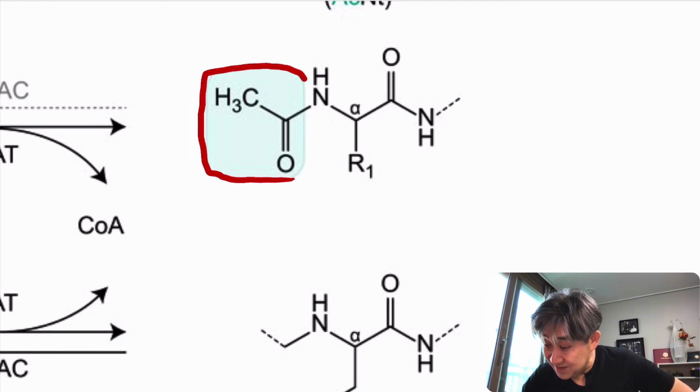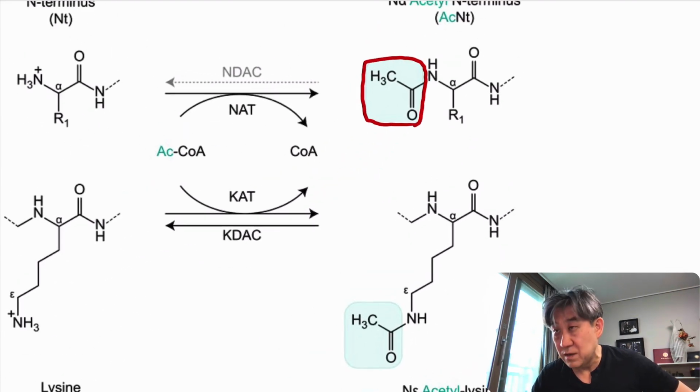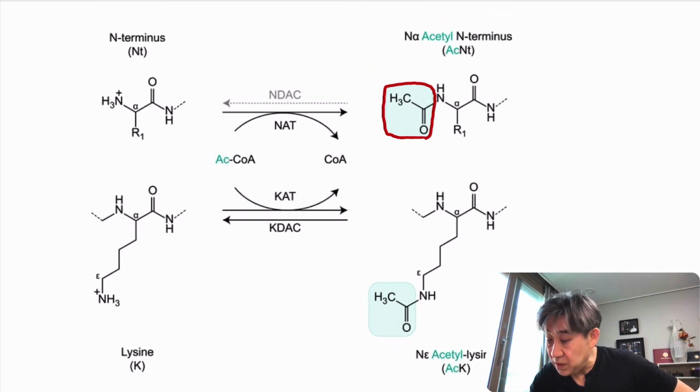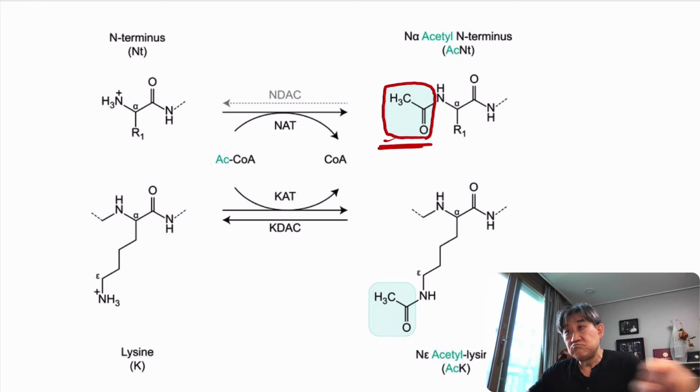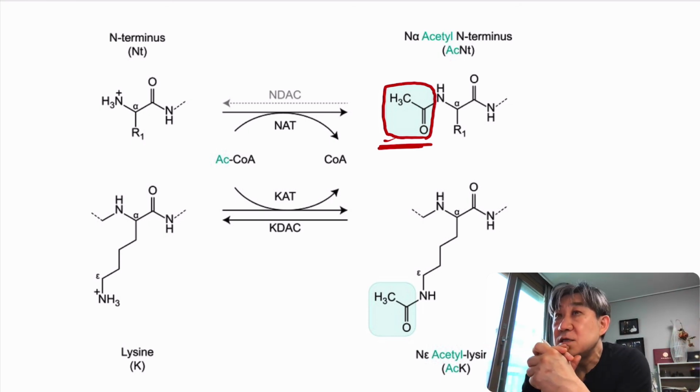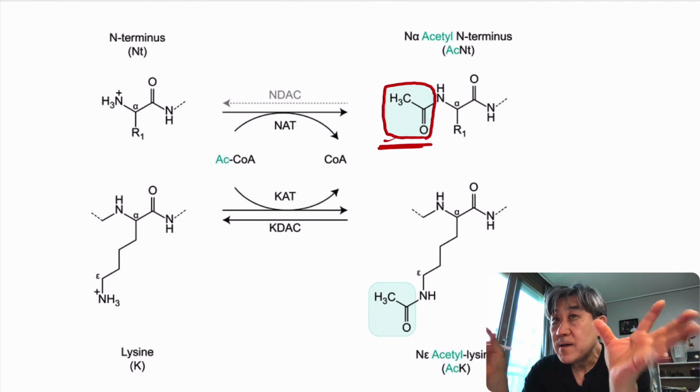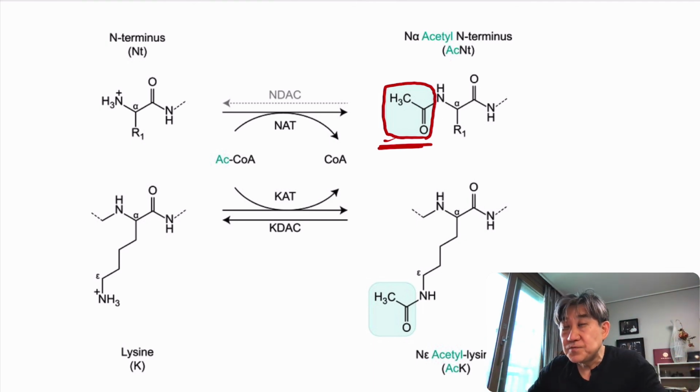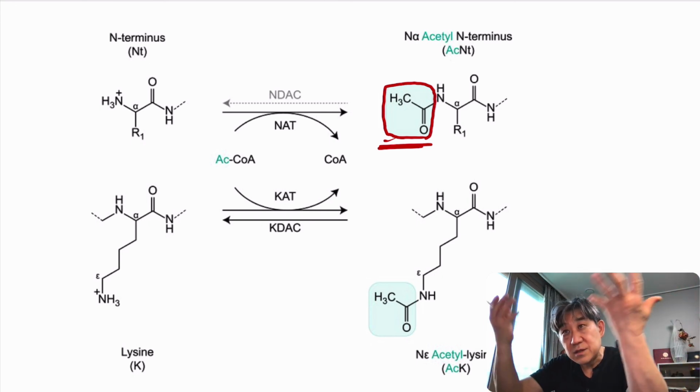This is the chemical structure of the acetyl group, which you do not have to know. But the point is, at some particular part of the histone protein, by the action of an enzyme, this acetyl group can be attached, and as a consequence, the histones on the nucleosome become much more loosely organized, like more social distancing, and as a consequence, the gene will be